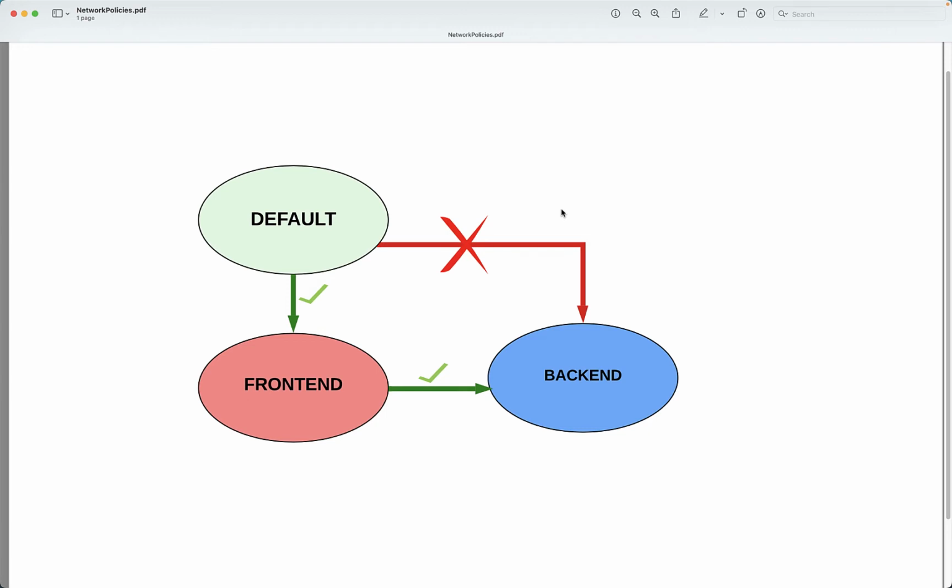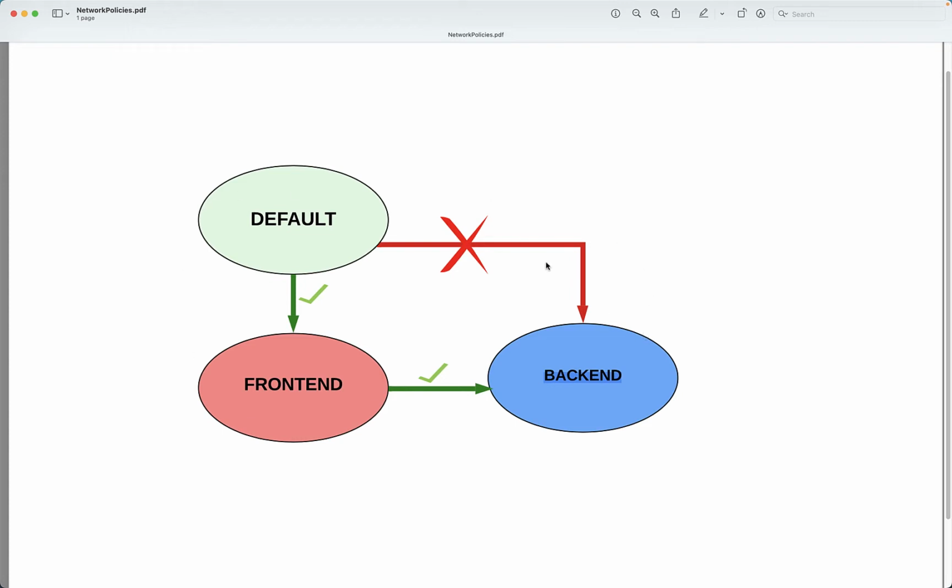Hi everyone. So in this particular video demo, I will be covering network policies, and this is the scenario for today. So we'll take the default namespace and we will create two more namespaces, front end and the back end. My front end namespace will be running the Nginx deployment, and the back end will be running the MongoDB deployment. And by default, if we don't have any network policies, all pods in all namespaces and deployments can communicate with